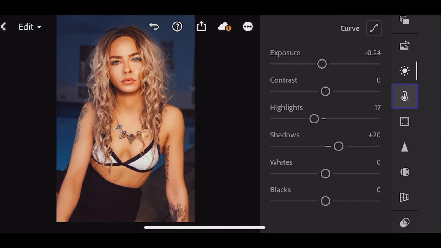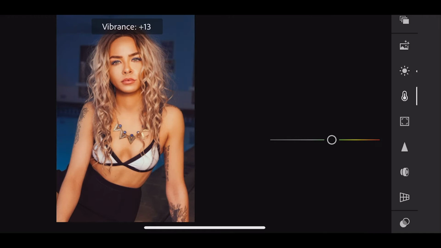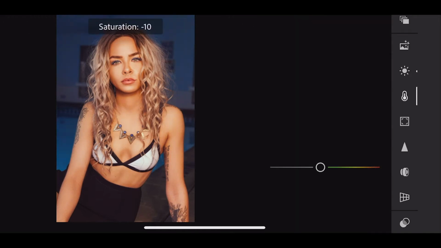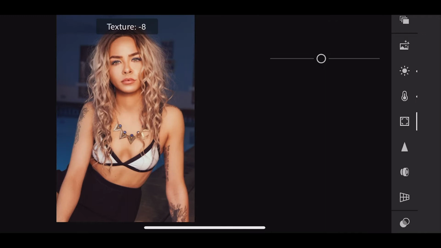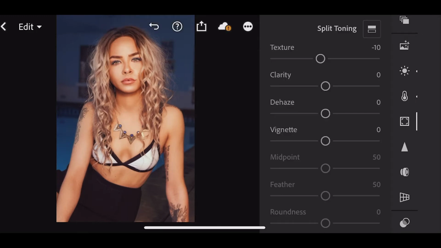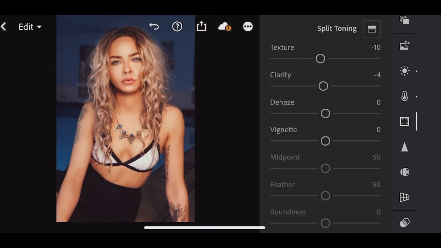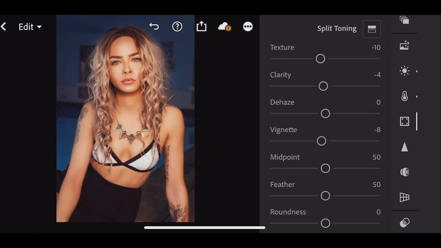Next, we're going to go to color. And we're going to add a little bit of vibrance to our image, +15, and we're going to take the saturation down to -14. Then in effects, take the texture down a little bit to -10, clarity down a little bit to -4. And let's add a little vignette, -8. Now go to detail,